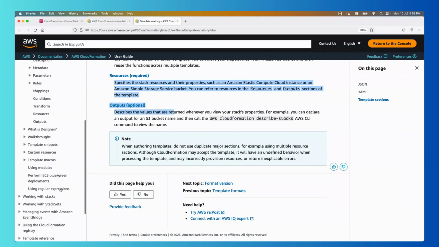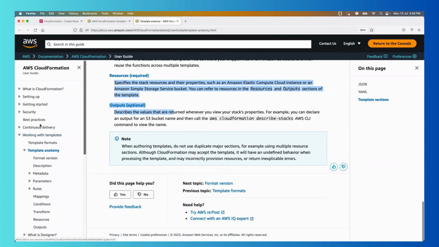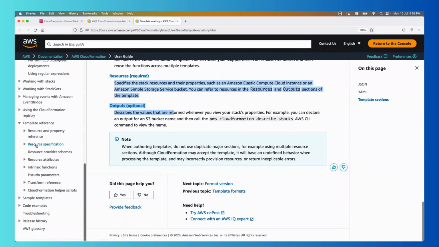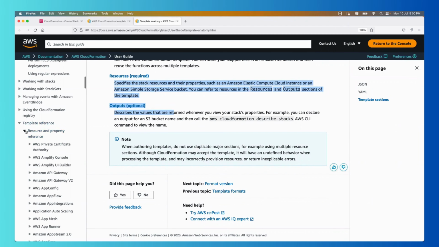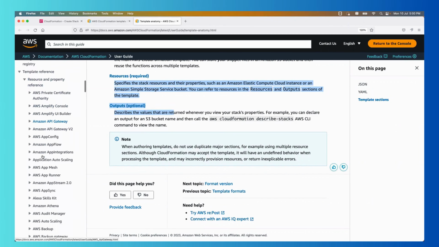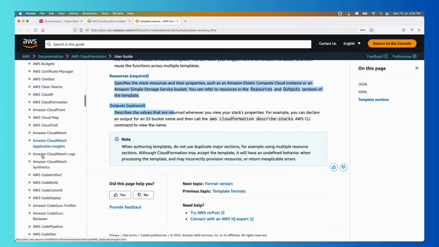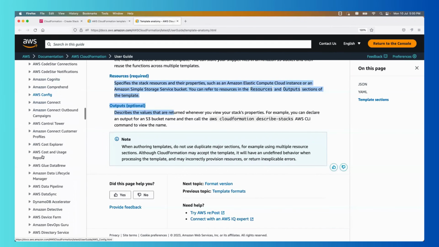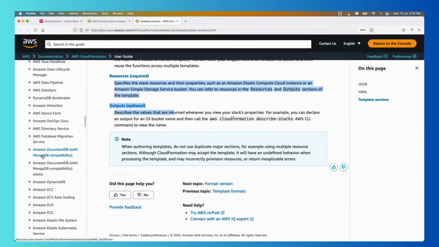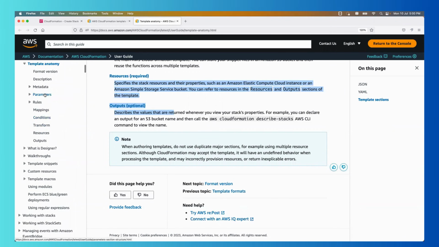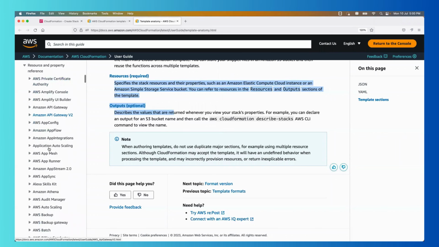Did I show you this one? Okay, let me take a moment and show it one more time. If you go to this section, template references, you have all the resources on AWS with examples here. For example, just click on this option, resource properties, and let's say I want to create an EC2 instance. So if I keep scrolling down, then I'll find an option. These are all the AWS services, right? So Amazon EC2 is one service. So if I go here, then for Amazon EC2,